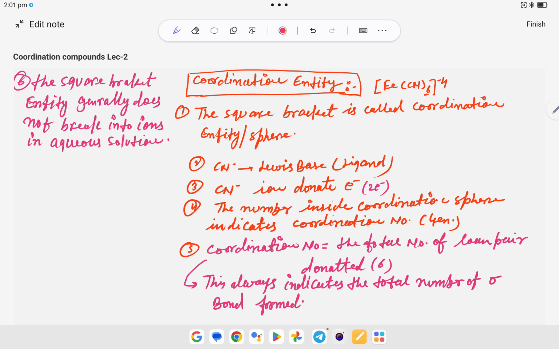But the next point is important. It will break if the solution is highly acidic,